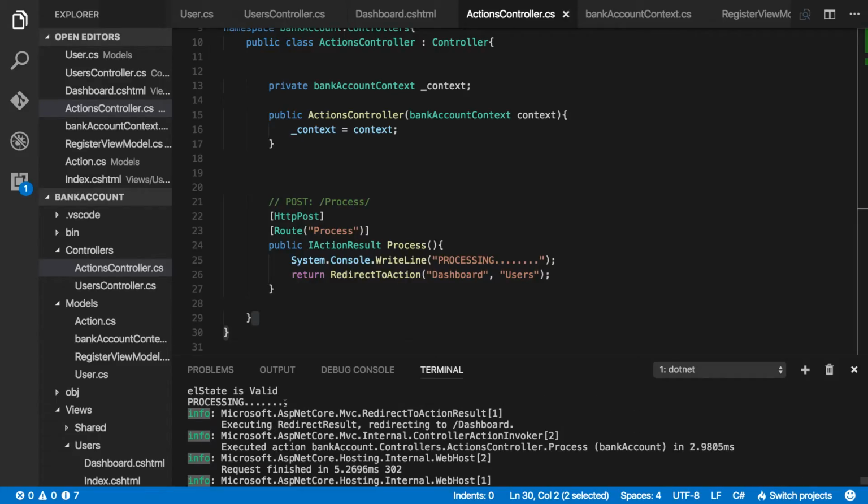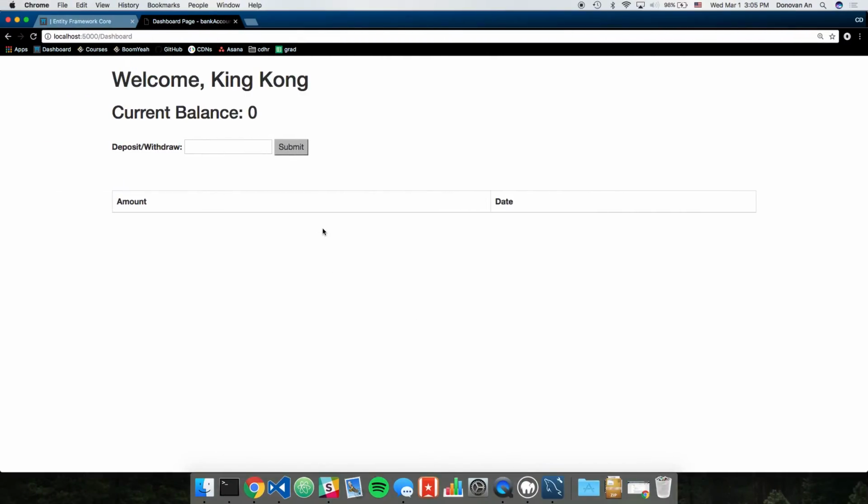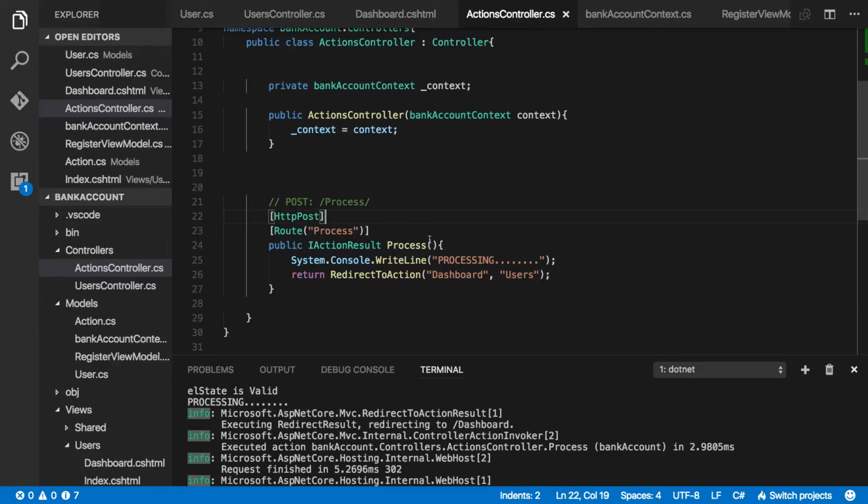So now as I deposit monies, processing. Great. We've hit our route. We successfully redirected to our dashboard. Everything looks good. Now let's actually create this thing. Cool. All right. Processing. Cool. So now